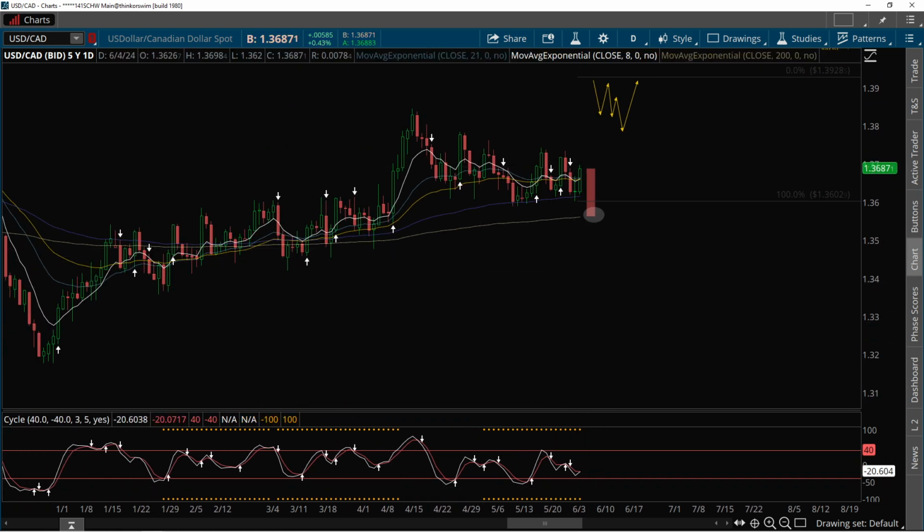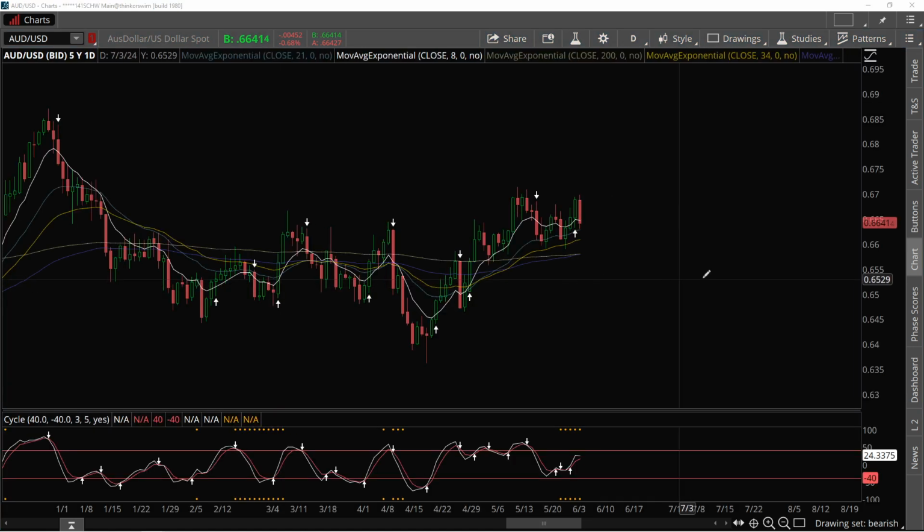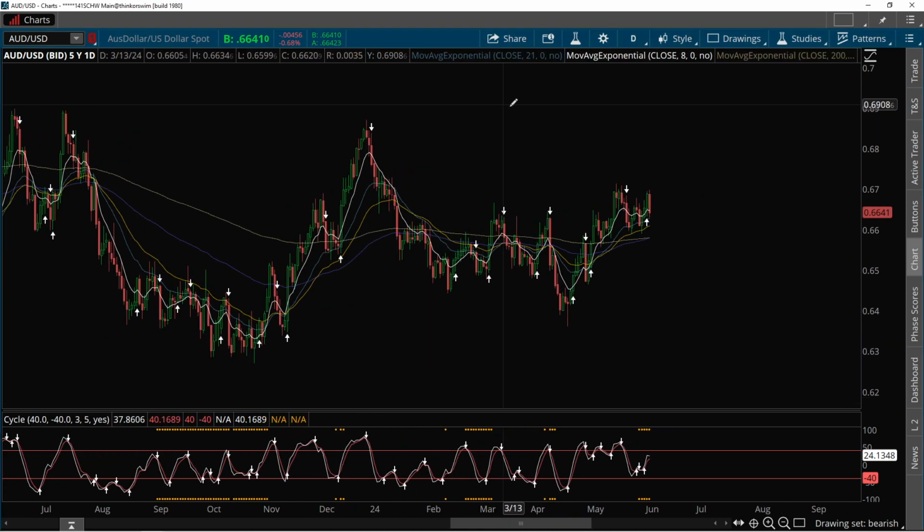So that is dollar CAD, right? Aussie. What do we got? A couple possibilities on Aussie, right? So we're on the daily chart, and